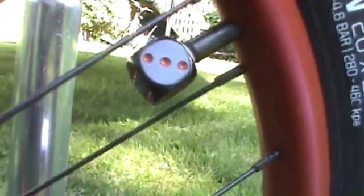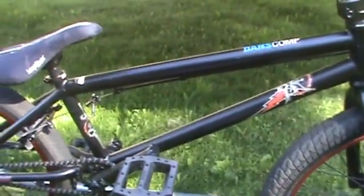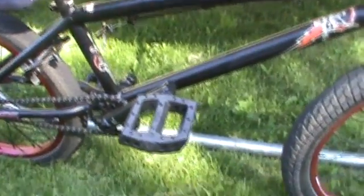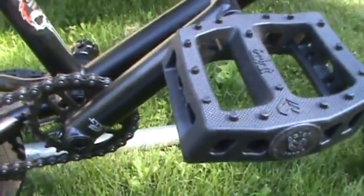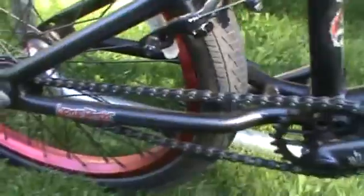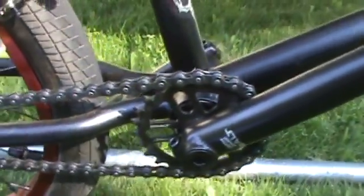And I have some Dead's Dice valve caps in black and red. Moving on to the frame, as you can see, I got my bike from Dan's Comp. The bike has a 21-inch top tube, with Clat Surge PC pedals, pretty comfortable, pretty grippy, and a Salt chain, 25 tooth sprocket,